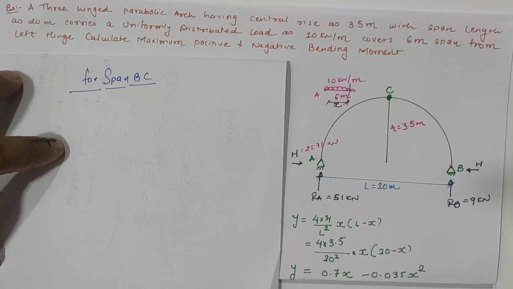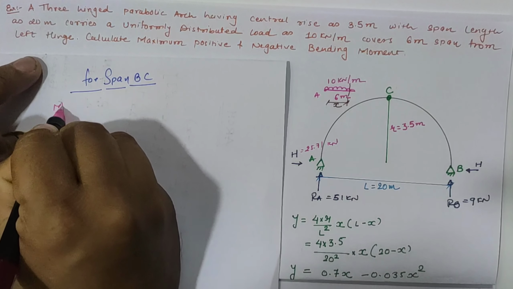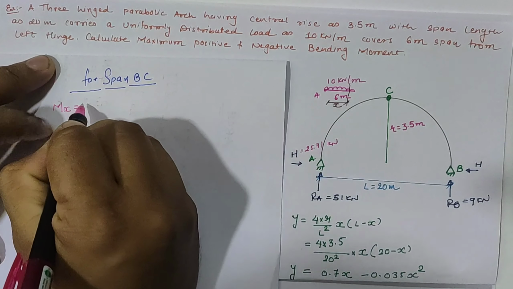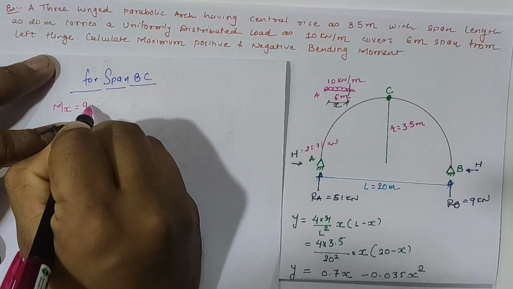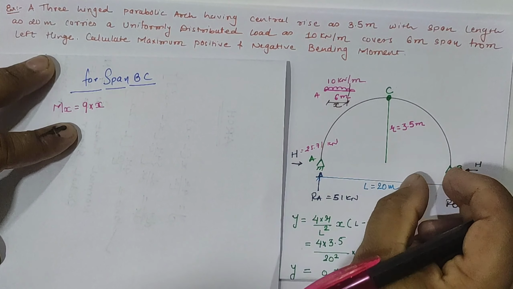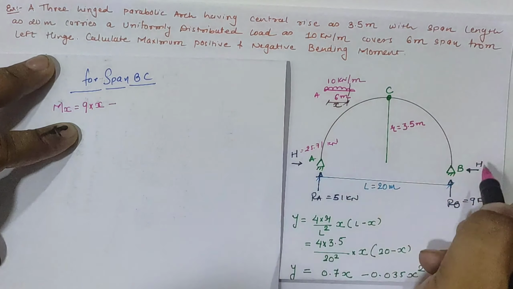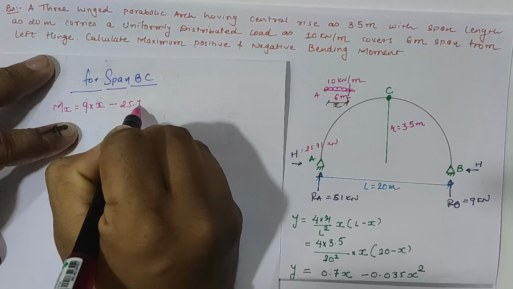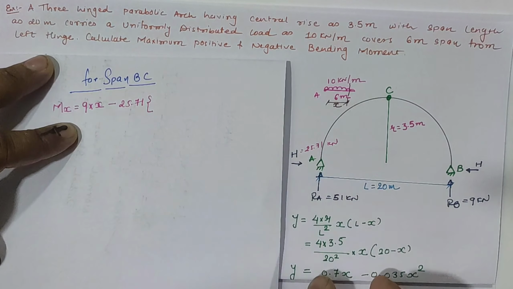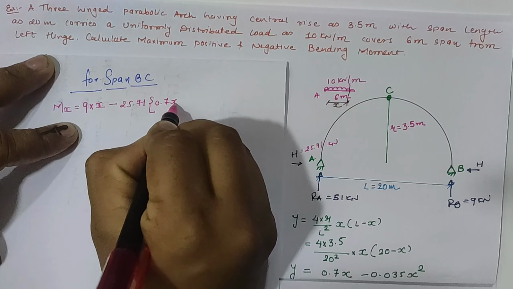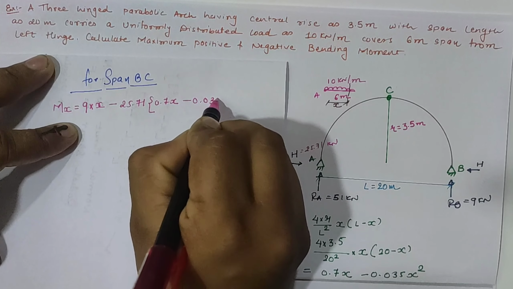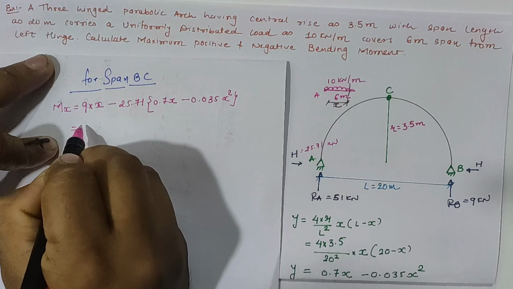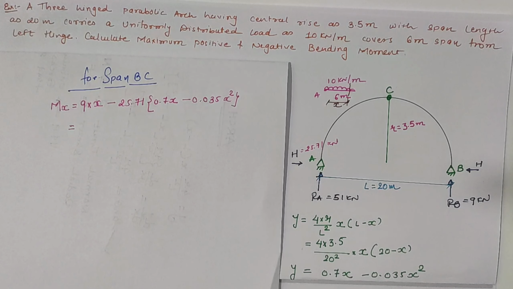For span BC we will have the moment at x at any distance from joint B, which is RB as 9 into x as the horizontal distance minus capital H into yx. So capital H is 25.71 into yx as 0.7x minus 0.035 into x square. By solving this, we will have Mx equal to